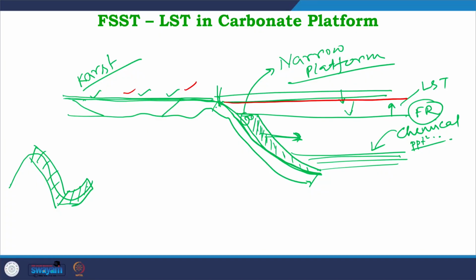which may be preserved in the rock record in the process of burial during the subsequent stages of base level rise, and when they are preserved in the rock record, they give us information about this falling stage. They give us information about this changeover, about this shutdown of the carbonate factory. So, this is a very important clue in sequence stratigraphy, particularly when we are looking into carbonate sequence stratigraphy.